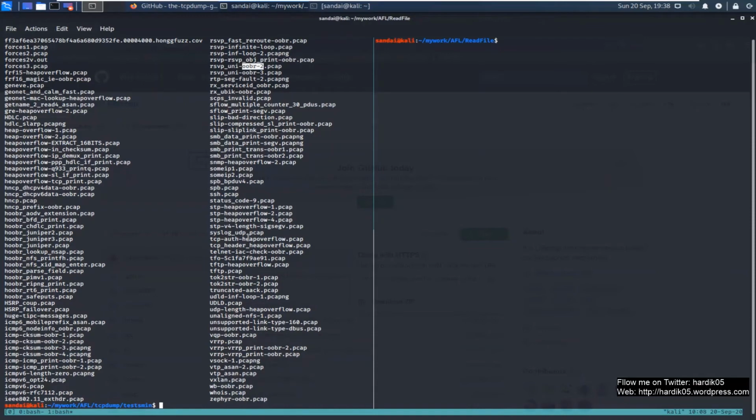There are a lot of security related issues, like you can see heap overflow over here. So a good idea will be to use the built-in test corpus which comes with the software, which will help you generate initial test cases for a fuzzer.